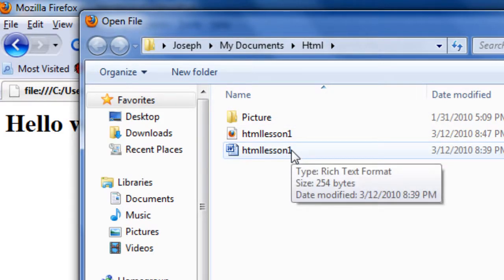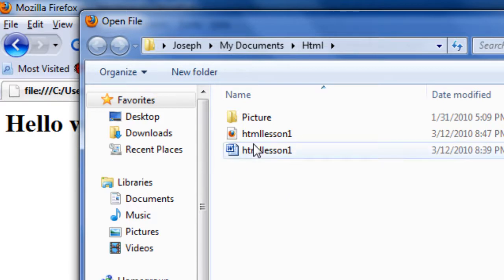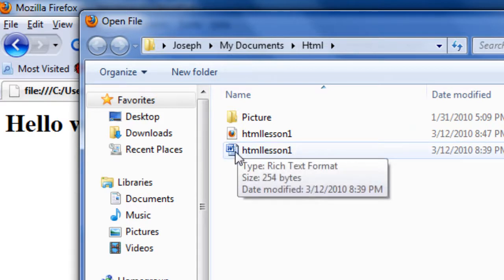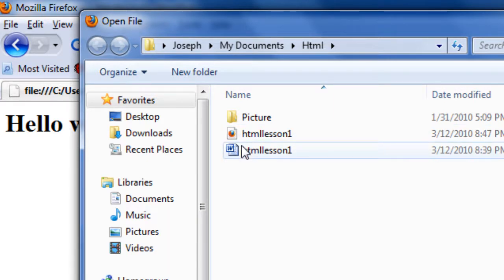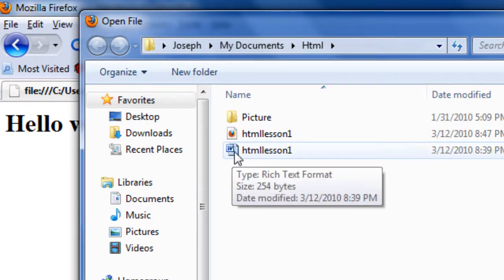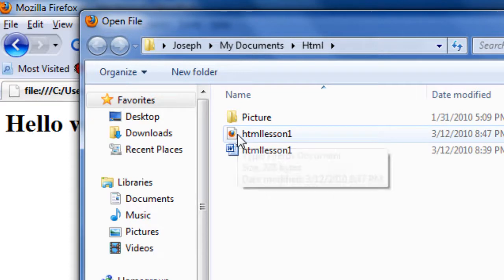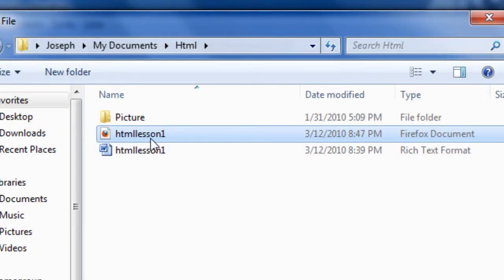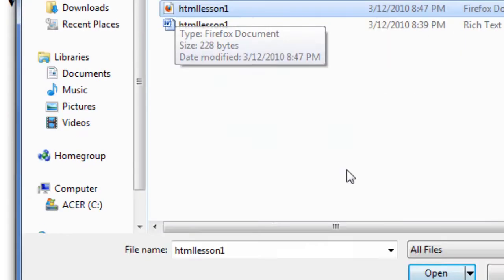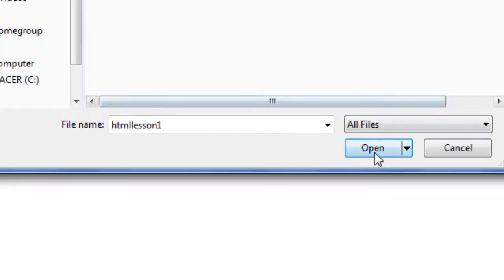It'll come in handy when we start working with pictures. So as you can see, I accidentally saved this one as the wrong file type. It has a little WordPad logo there, and this one has the Mozilla Firefox symbol because I've already previously opened it, so it automatically associated it with that. So I'm going to click this one because this is the internet file, the .html one. And then I just click open,